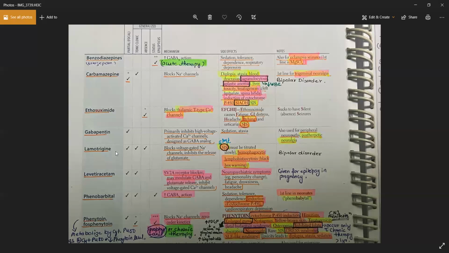Then you have the lamotrigine. It has a very wide action. It can be used for the partial focal seizures, for the tonic-clonic seizures, for the absence seizures. So a wide spectrum drug it is. It inhibits the sodium channels, and that's why it inhibits the release of glutamate, which is an excitatory neurotransmitter. And lamotrigine has a most common side effect, that is the Stevens-Johnson syndrome. If you guys remember the mnemonic SLAP,